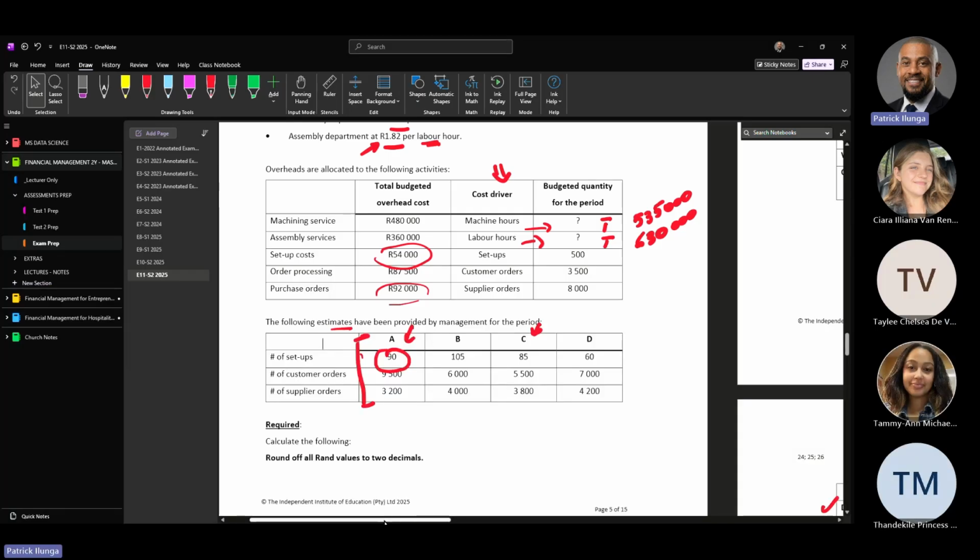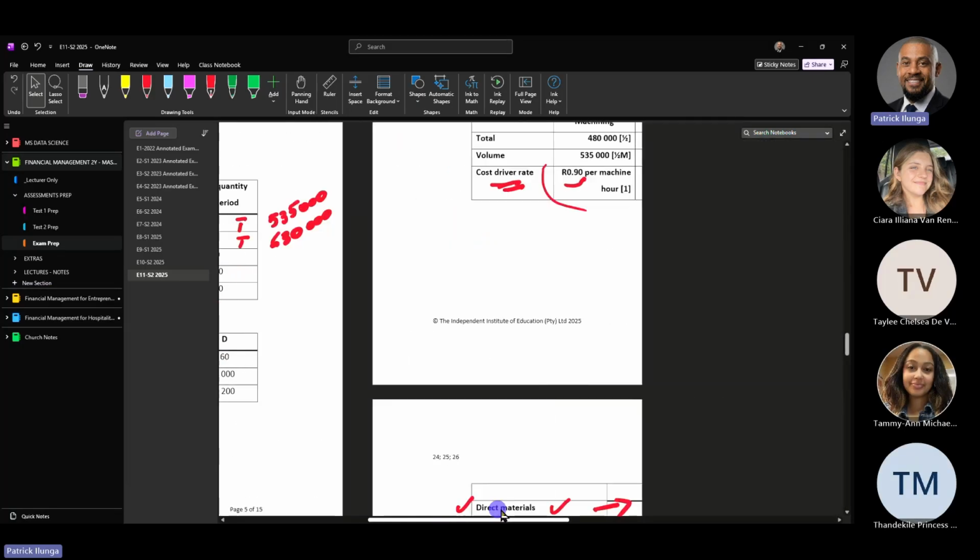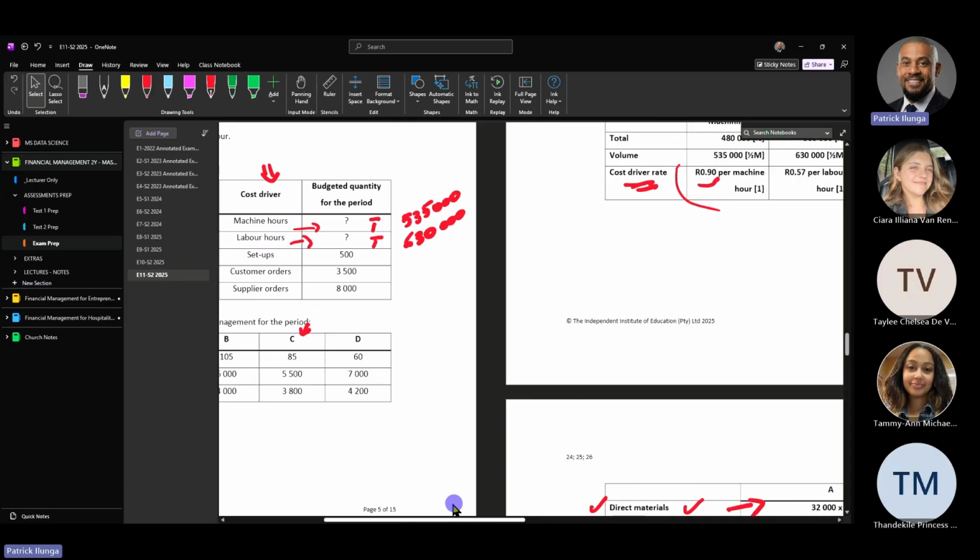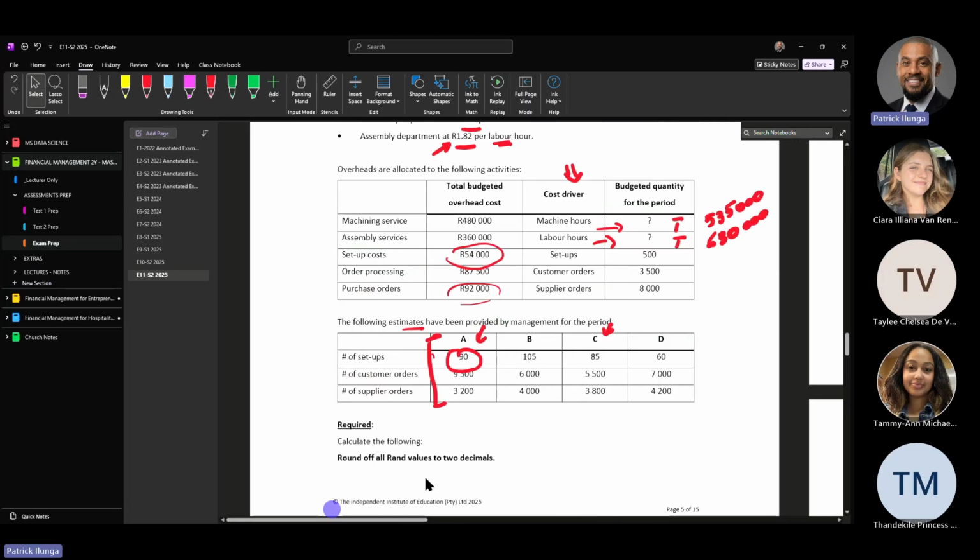But that's the part where you need to know your theory. And nobody corrected me, right? So are we clear about that? You are provided the number of setups. They provide it to you. But they say they budgeted. Remember, the budget,